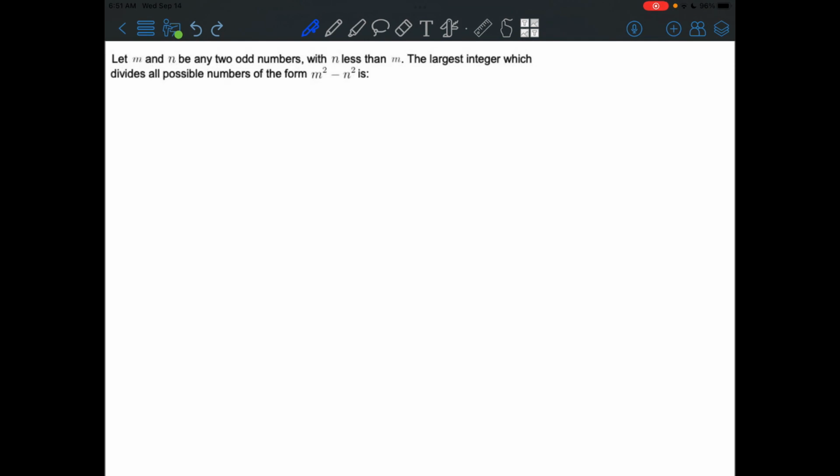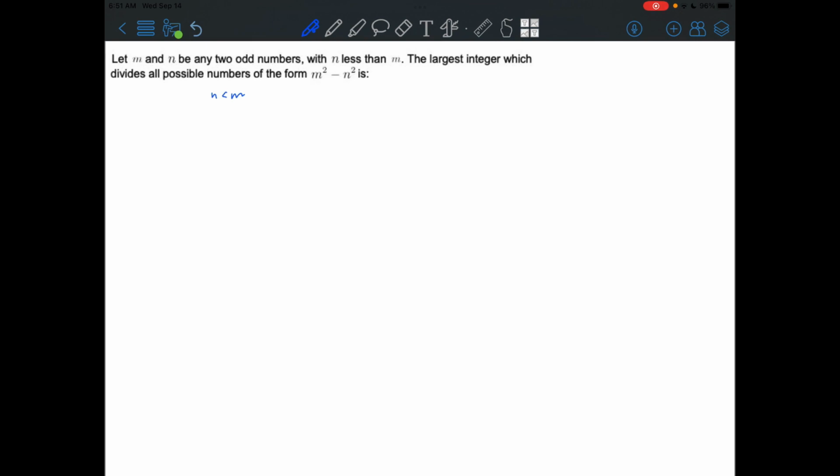Hello everyone, let's look at this number theory question together. So over here we have m and n, which are two odd numbers, and n is less than m. So we need to find the largest integer which divides all possible numbers in the form m squared minus n